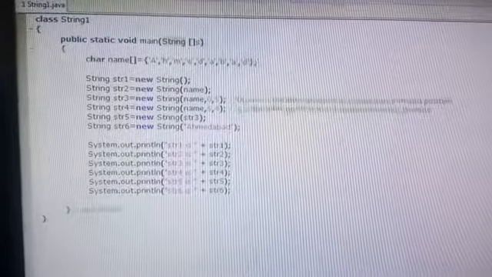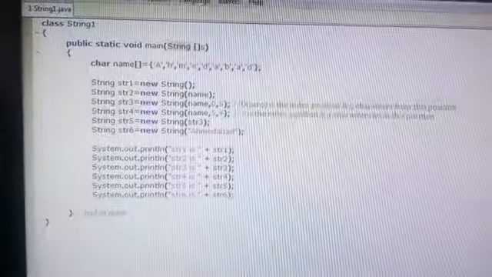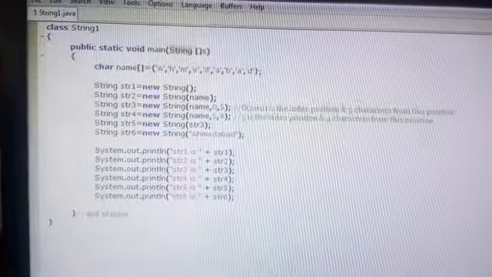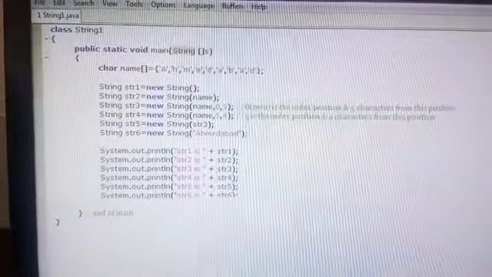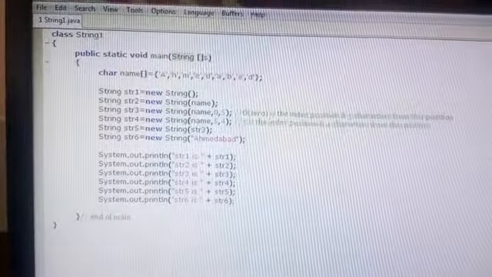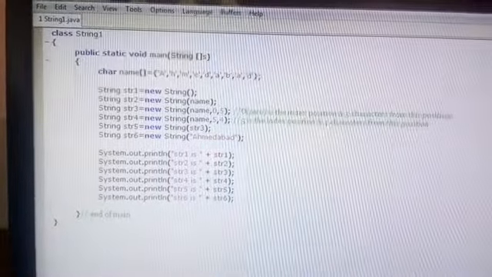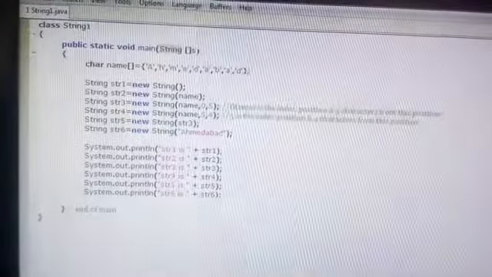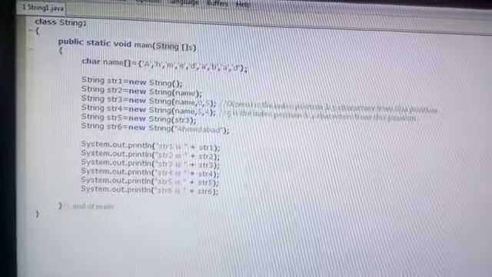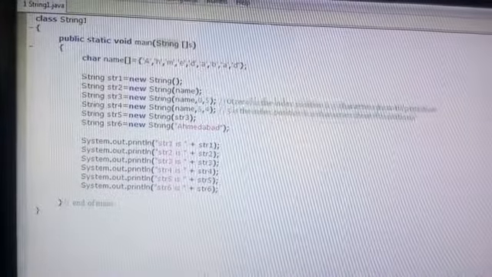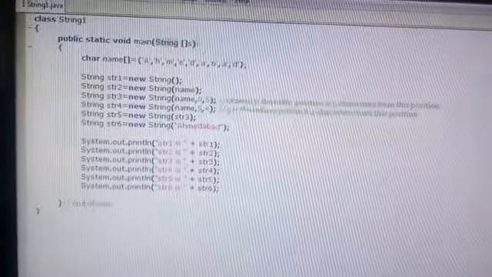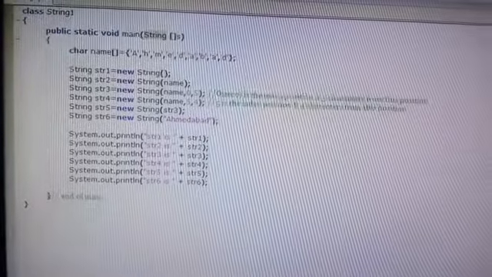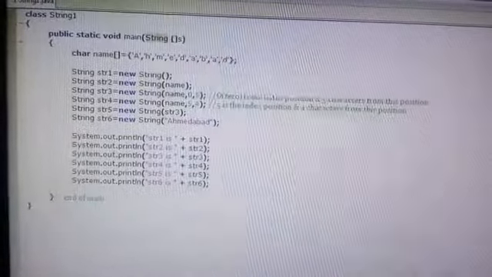Yes students, today we are going to learn about a string class. We all know that we have only 8 basic data types to store a value in a variable. The first 4 are allocated to whole numbers, negative and positive numbers. The data types are byte, short, integer and long. Then come decimal values, for which we have 2 data types: float and double.